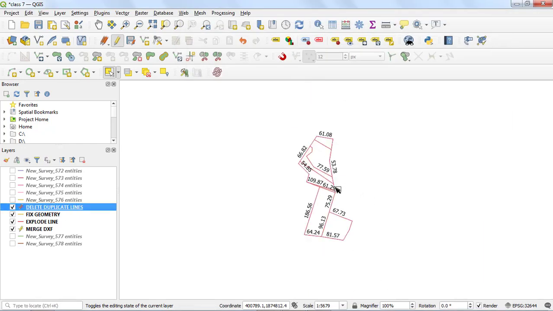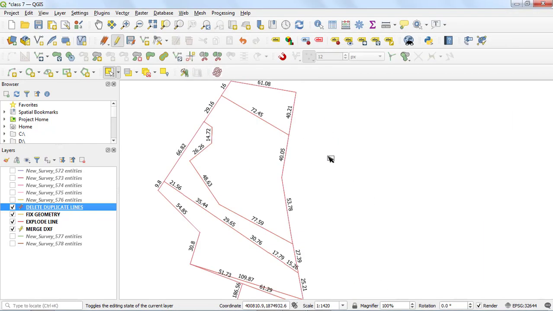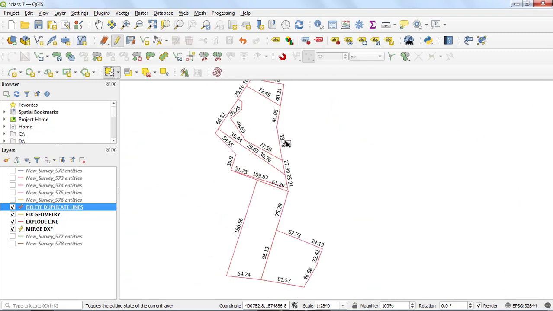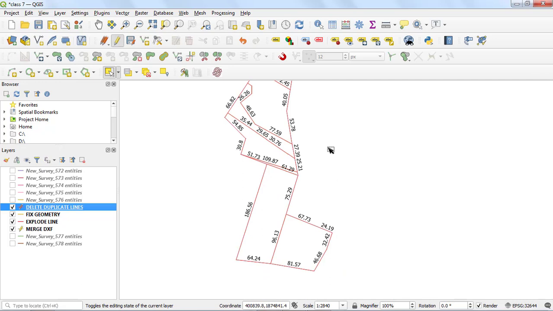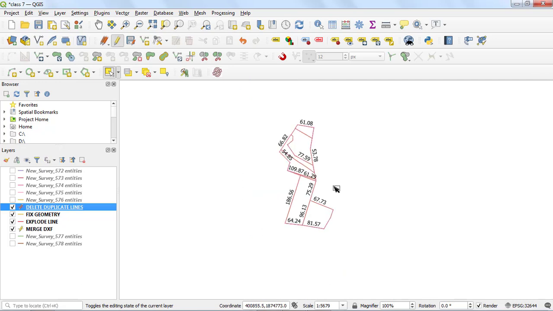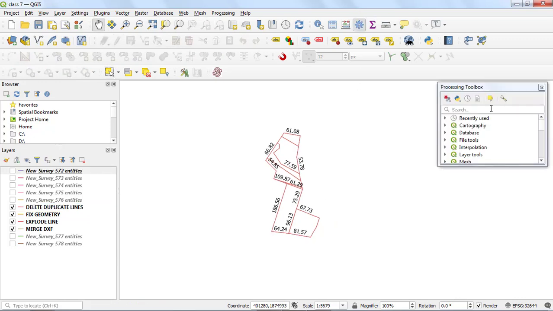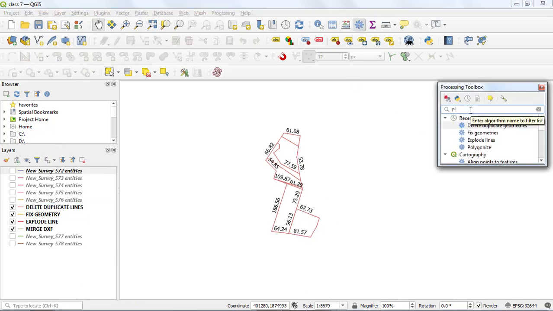So here we can see the length of each line we have shown in the map view window. And now after doing this, I am going to polygonize these exploded lines. So select this delete duplicate line layer, go to processing toolbar, and in the search bar type polygonize.